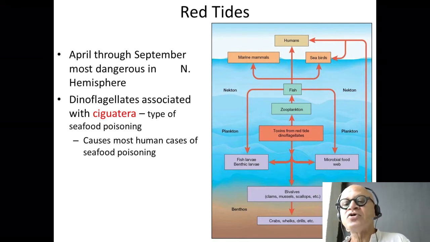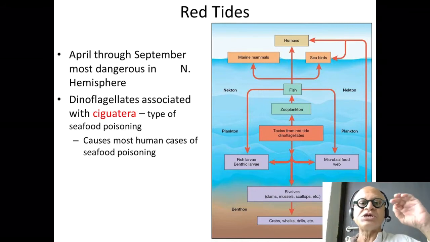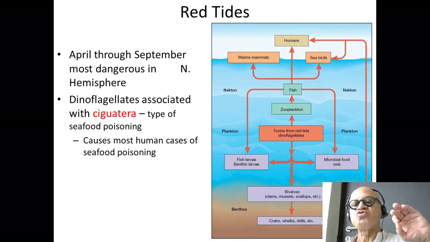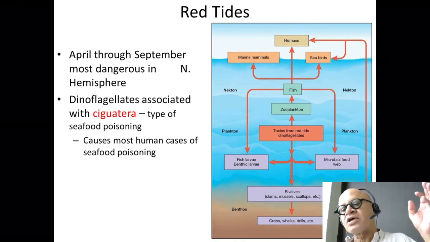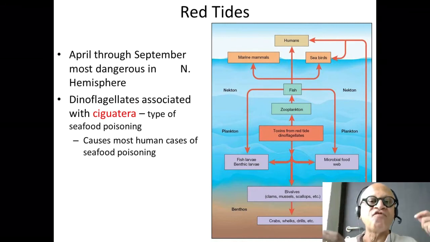So here you are looking at the flow chart of the things. So that toxins are produced from the red tide right here. They are consumed by the zooplankton, which eat the dinoflagellate, and then the fish eat the zooplankton. The fish are eaten, then can give it to their fish larvae. They reproduce, or they can give it to the microbial food web, which means they can die and get remineralized and continue to pass the